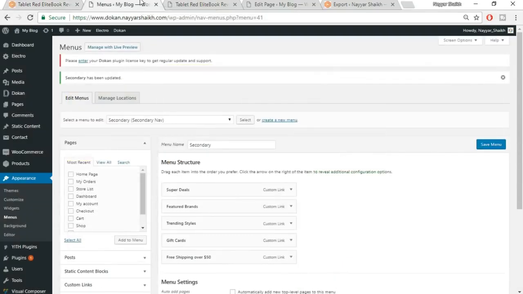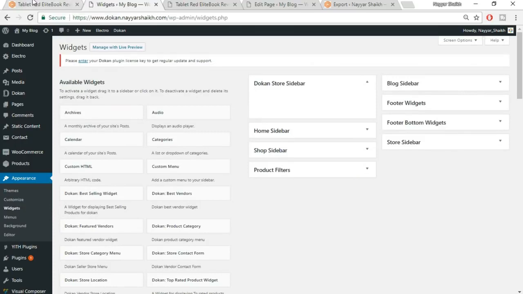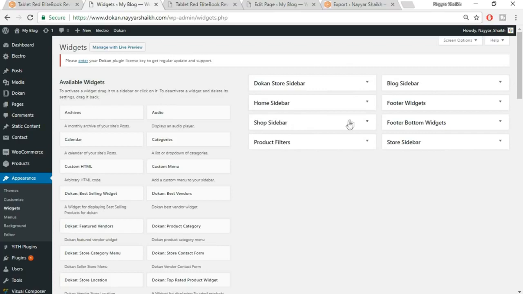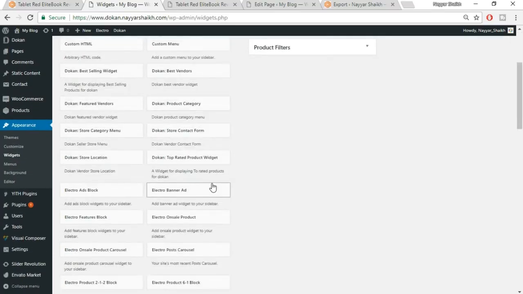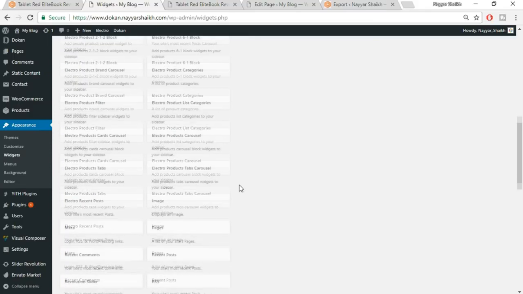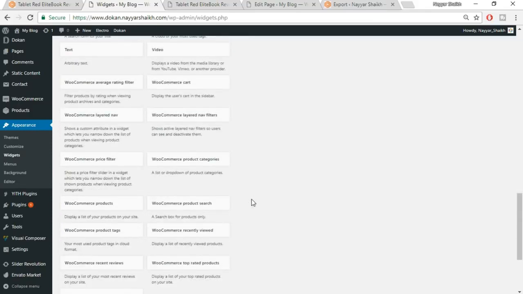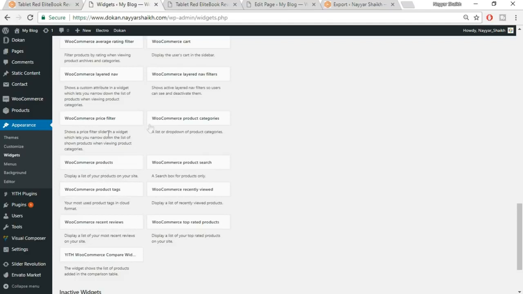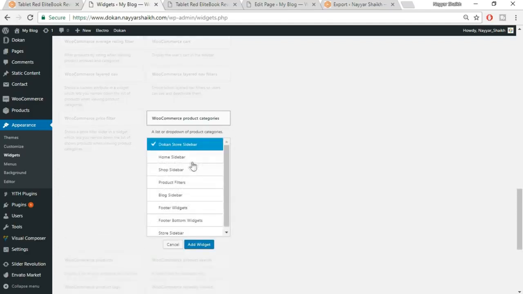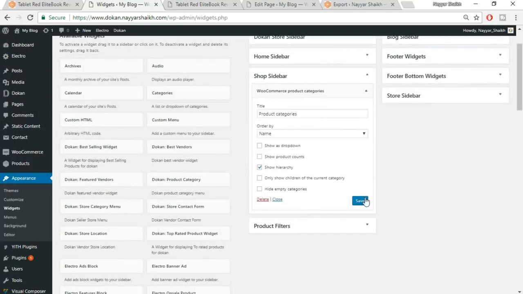So again, come back to your website, to the dashboard, and under appearances you will see widgets. Just click on that. The first one is product categories. Okay, fine. So it will be under shop sidebar. Now let's see WooCommerce product categories. This is the one, and from here select shop sidebar, click on add widget, click on